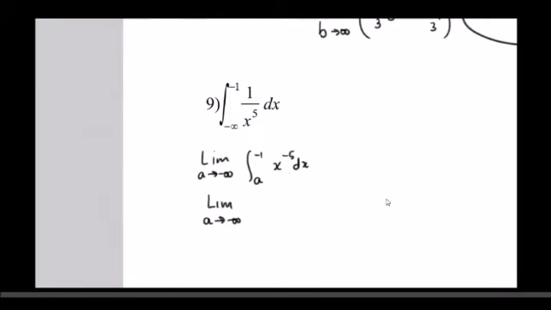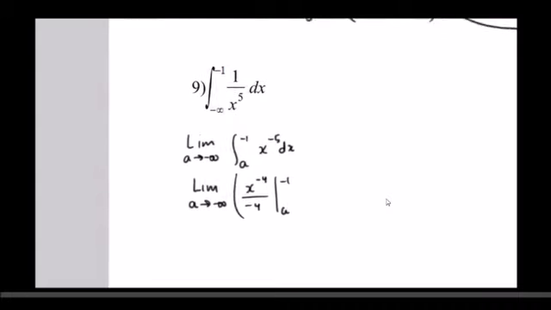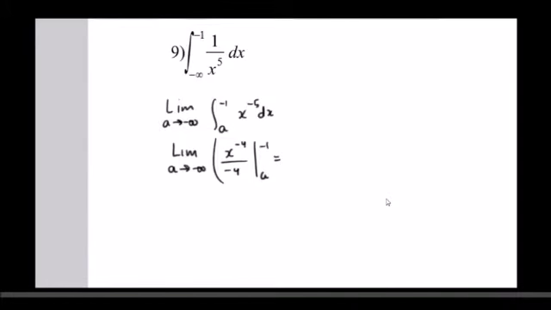And the antiderivative there is x to the negative 4 over negative 4. Now we're doing the theorem of calculus there from a to negative 1. So you always start with the upper limit. So we're going to have negative 1 and then we're going to have